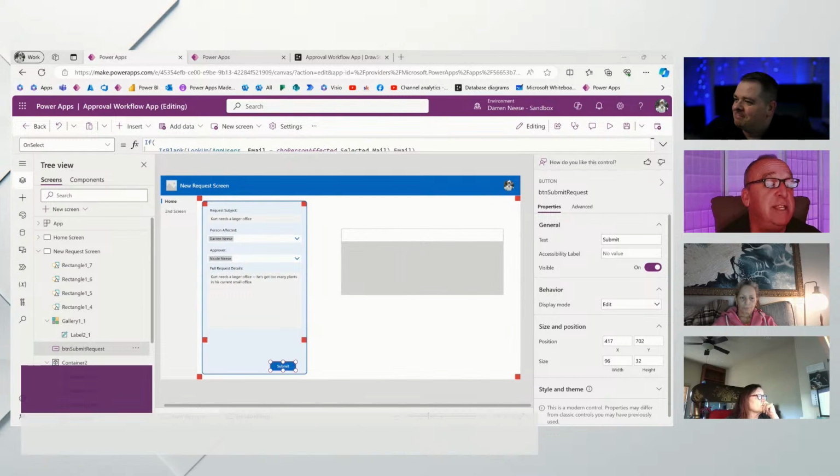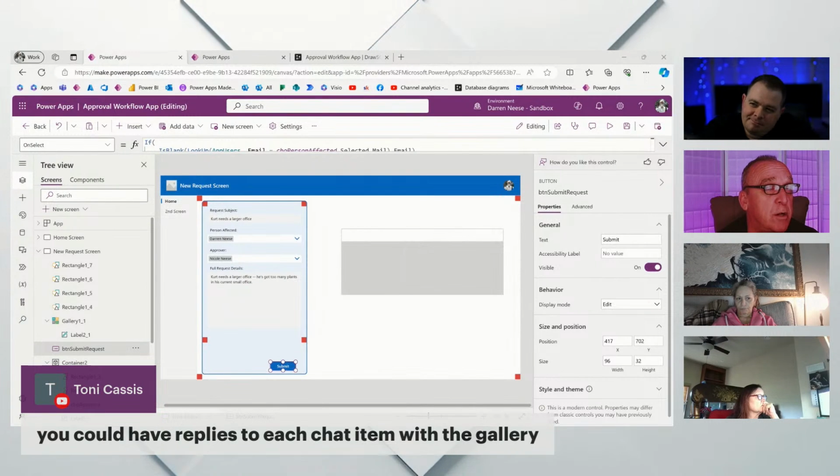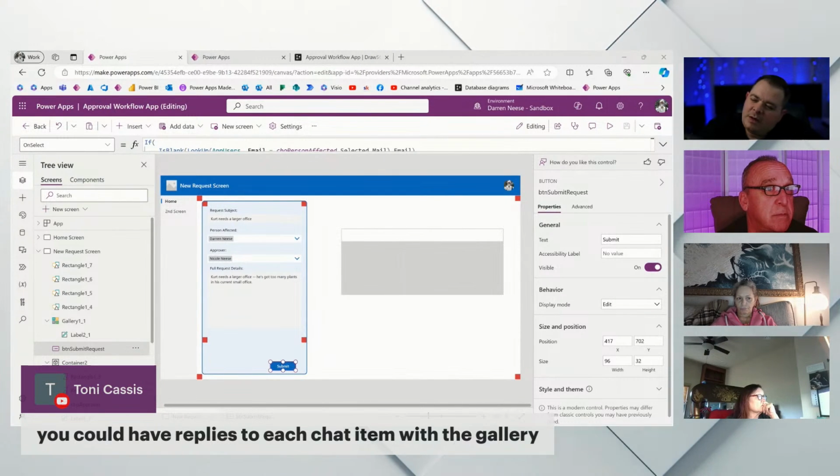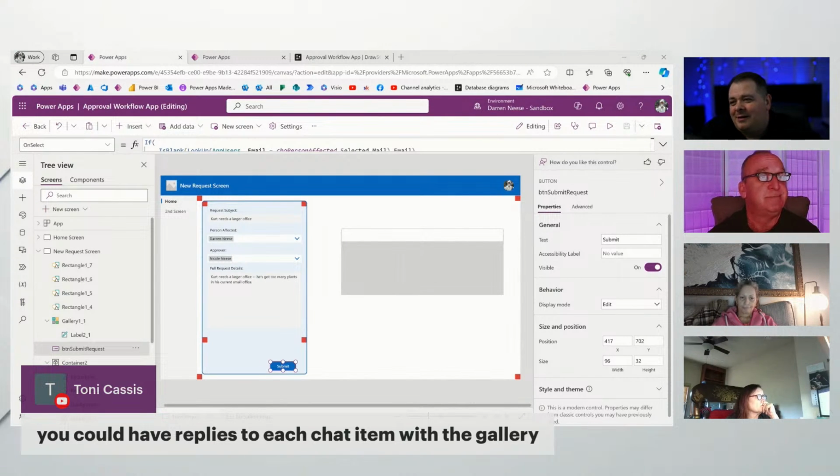Is there any way we could deep link a yes reply, like approved or a no from the email? We could. So they wouldn't have to open the app? Yeah, we could do that. That'd be kind of slick, wouldn't it? Okay. The thing is,